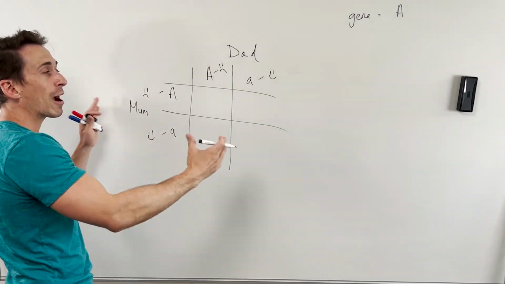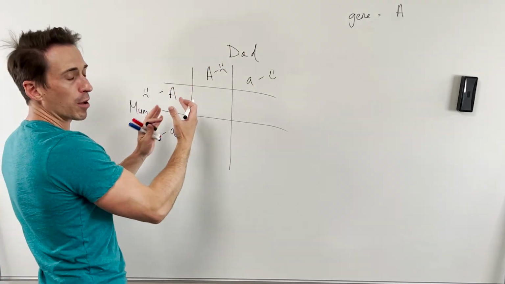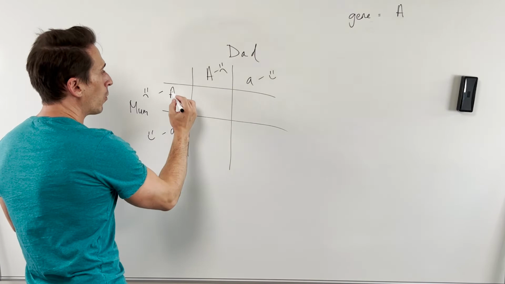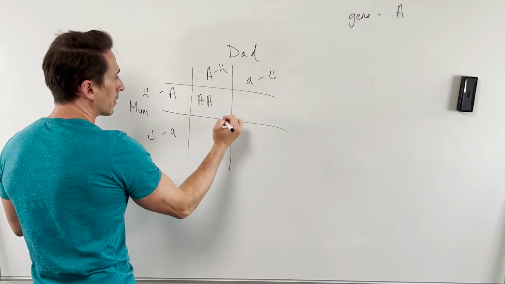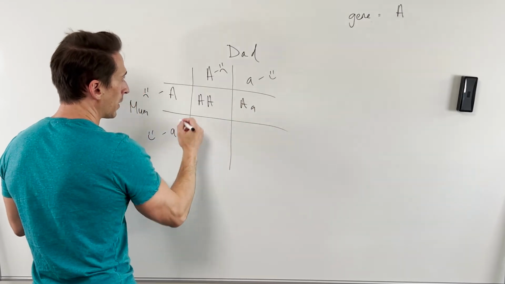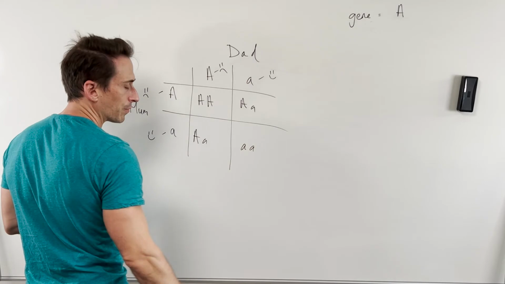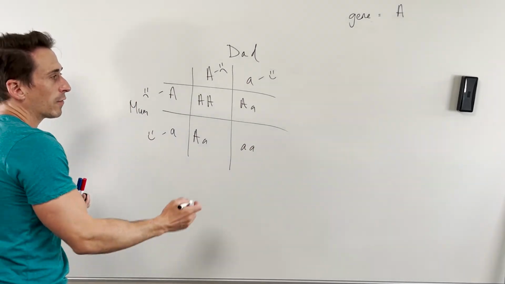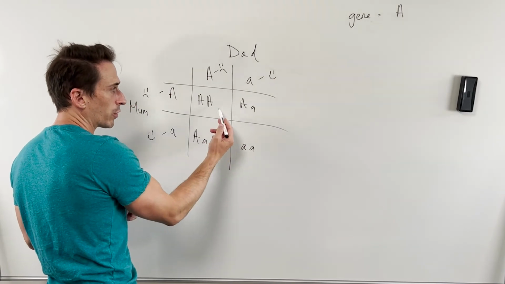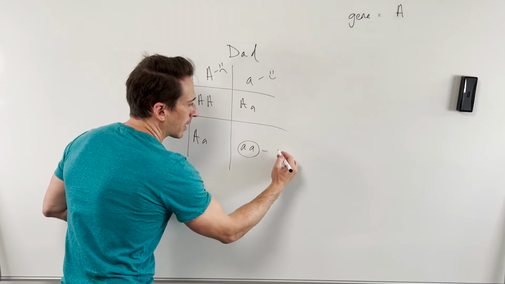They're just termed carriers. Now, if they were to have offspring, what's the possible genetic outcome of the offspring? Well, it can be big A, big A. It could be big A, little a, it could be big A, little a, and it could be little a, little a. Now what this means is you can have 25%, remember 25 plus 25 plus 25 plus 25 is 100. So 25% can be